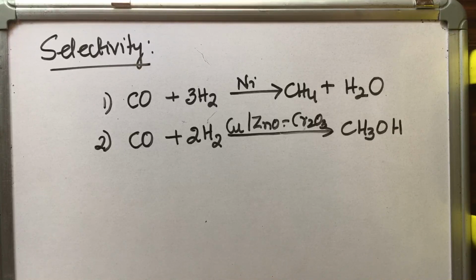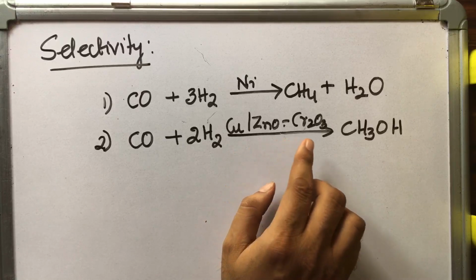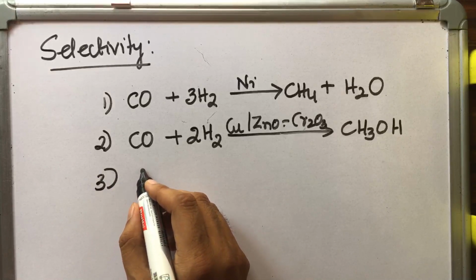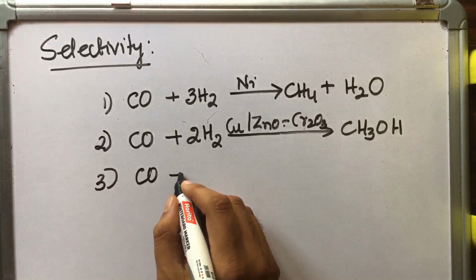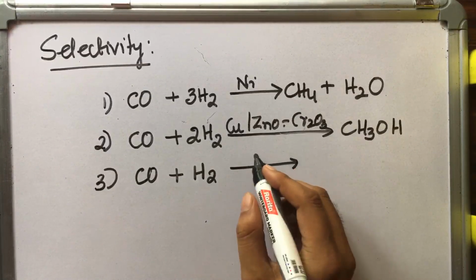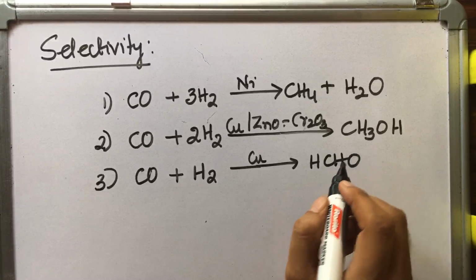In the last part of the alcohols, phenols and ethers chapter, there are some industrially important compounds. You have studied industrially important alcohols like methanol and ethanol preparation. Ethanol preparation was from the fermentation of cane sugar, and methanol from the mixture of carbon monoxide and H2 in the presence of copper, zinc oxide and Cr2O3 catalyst. And the third reaction, which you have studied in your first PUC hydrogen chapter: carbon monoxide and H2 gas, in the presence of copper as catalyst, lead to the formation of HCHO.